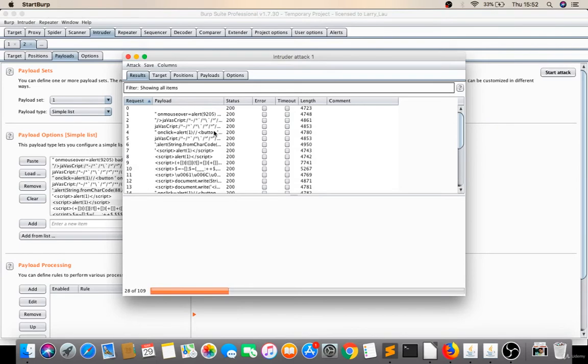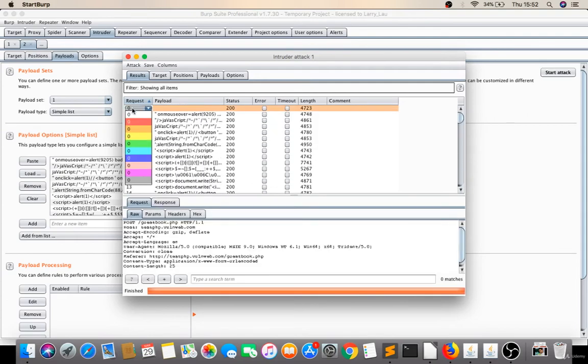Now see, this is a very good way to do this. On the zeroth request they tried no payload, and they got a length of 4723. If your payload gets executed, the length will be greater than the first one, 4723.